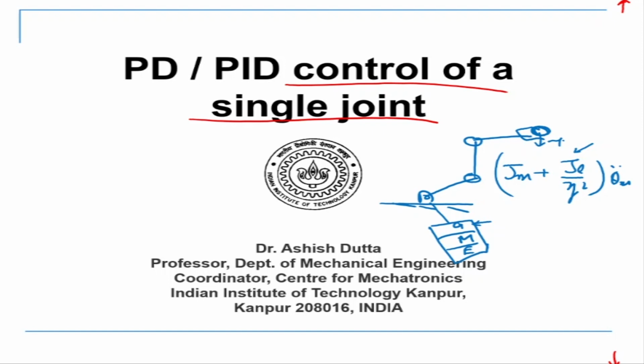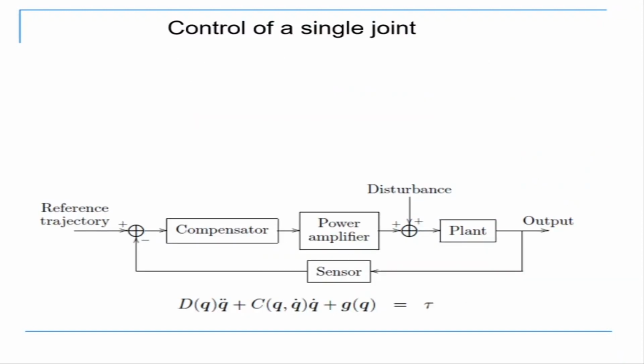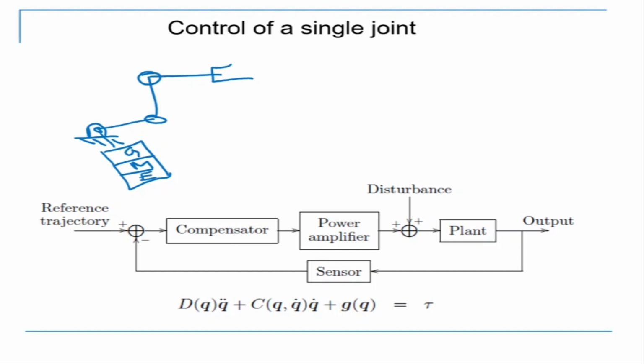So today we'll see this further and look at the design of a PD controller and a PID controller. Let's revise very quickly what we were doing in the last class. We have a manipulator like this, and there is a motor, gear, and an encoder at the back, and we give voltage to the motor. The motor rotates, because of which the joint changes, and the joint change means the end effector position also changes. Now there is one input, which is the voltage, coming here as the reference trajectory. We are giving the reference trajectory that we want the manipulator to follow.